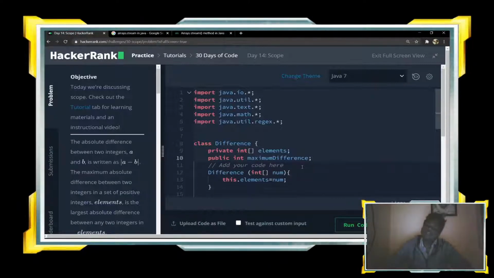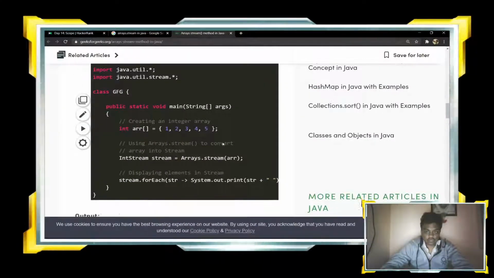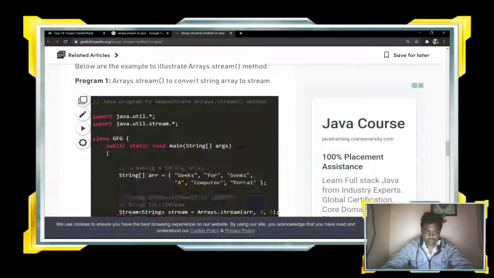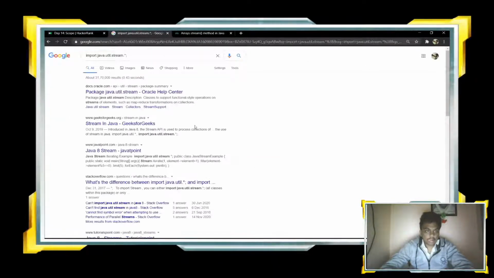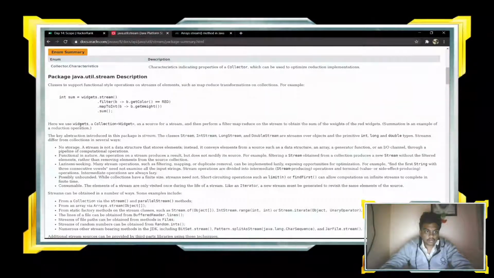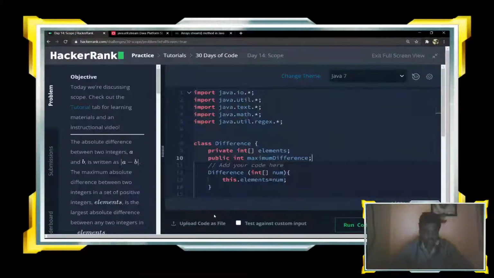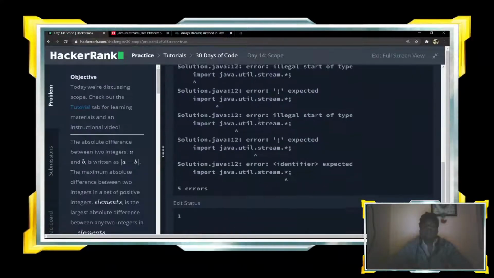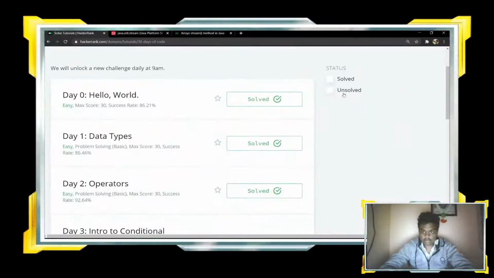Can I overcome this? Let me make a default package. Without stream, I can't use it. Okay, I don't know what the error is. I will clear this by